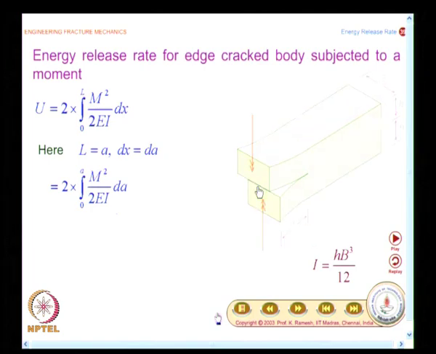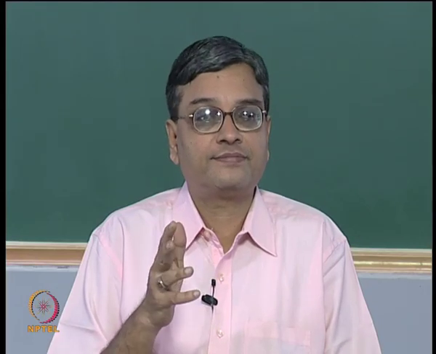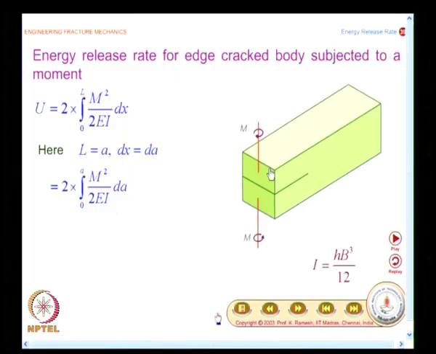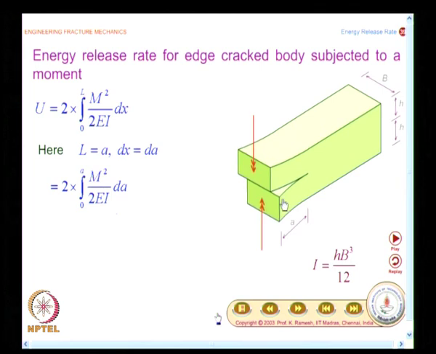And we have already looked at how to calculate the energy for slender members. So, what we recognize is the top portion is a beam subjected to bending, the bottom portion is another beam subjected to bending,